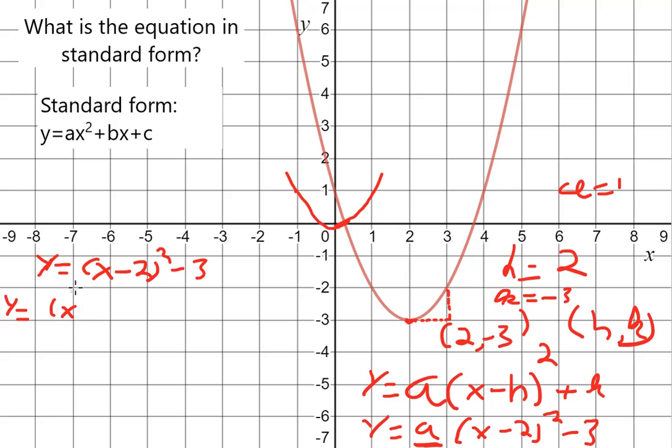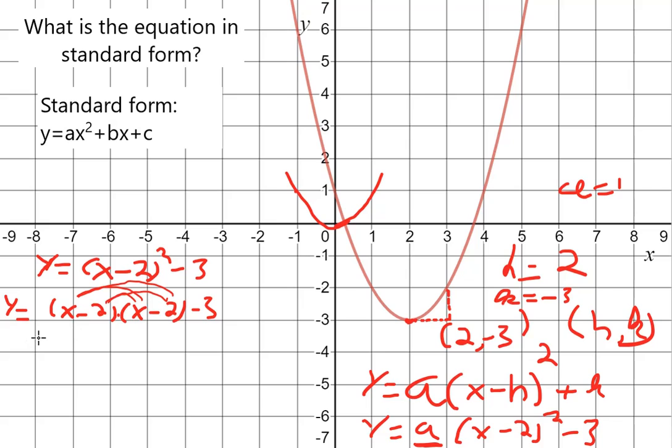So this is equivalent to y equals (x minus 2) times (x minus 2) minus 3. Remember, the square means that it's x minus 2 multiplied by itself. So this is another way to write it. And then I'm going to do some foiling, which is an acronym to use it, but really, it's distributing. It's multiplying every number